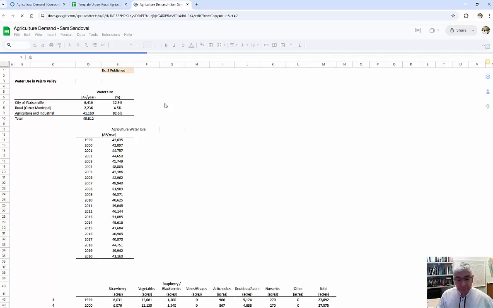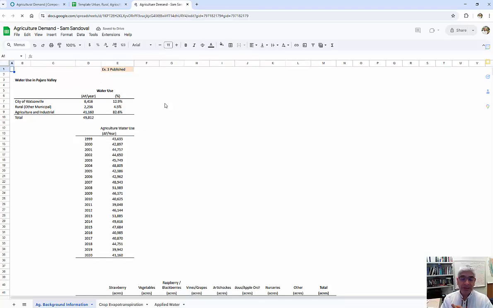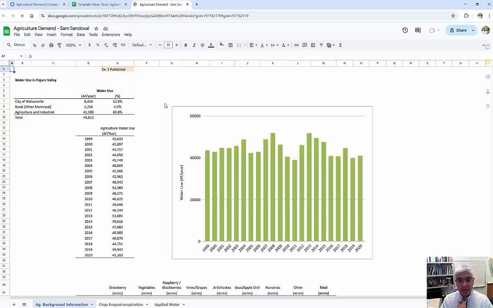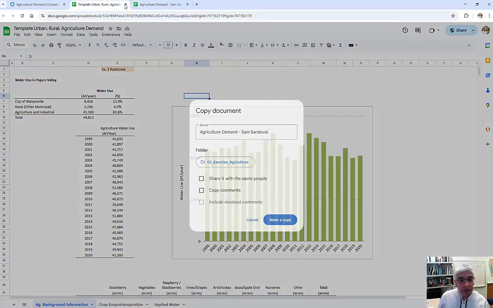So basically in this exercise, what we're gonna be calculating first is, well, we will talk about reference evapotranspiration, crop coefficients, then in this case that will be crop evapotranspiration. When you subtract the precipitation, that will be effective evapotranspiration, and then you divide it by the irrigation efficiency, and then you will calculate the applied water. So that will be the overall flow of our